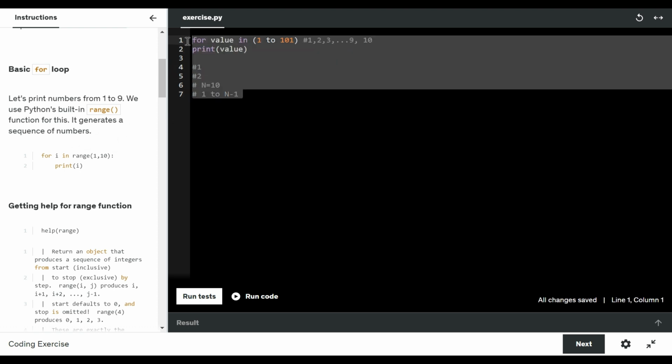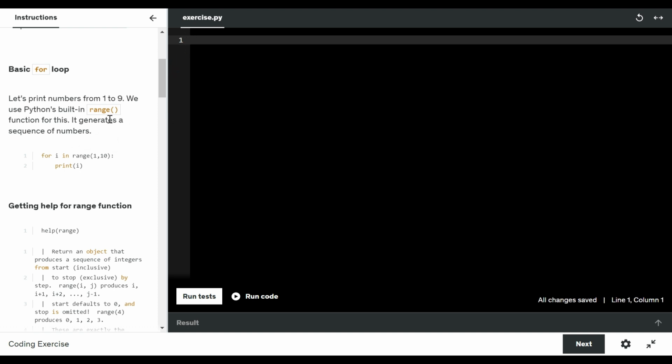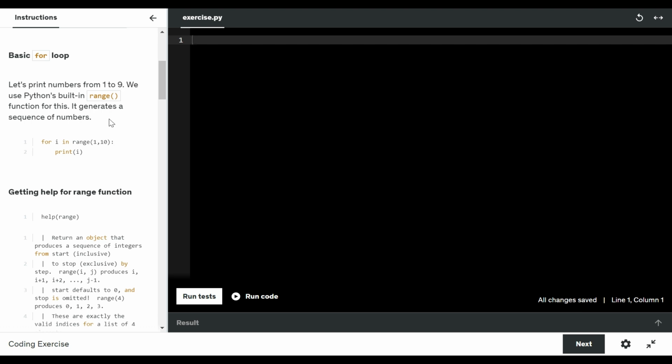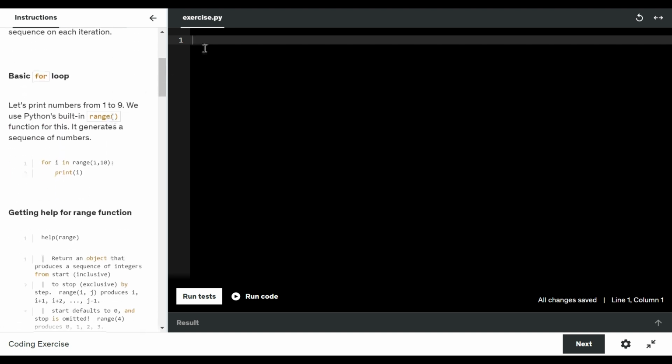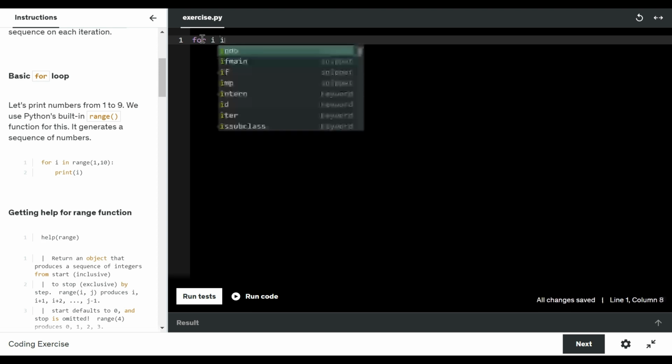So I'm removing everything, so I will start freshly. Okay, this is also saying something about range. So generally, to print the values in a sequence, we use the function called range. You must and should use this function, right? So for example, what it is saying is from 1 to 9, right? So from 1 to 9, for example, I'm taking a variable called i. So i in